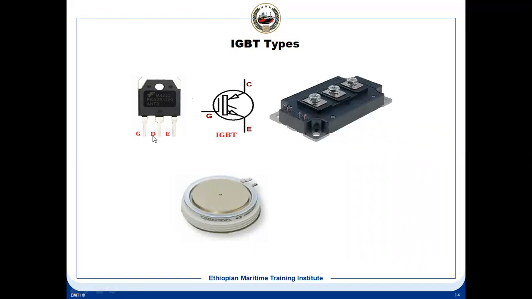You see, there is gate, drain and source, or you can call it emitter also. So it is source, drain and gate. This is a logic symbol. This is called a press pack IGBT, a very high voltage IGBT. Okay, this is the way an IGBT looks. And what it contains is a combination of a BJT and a MOSFET.